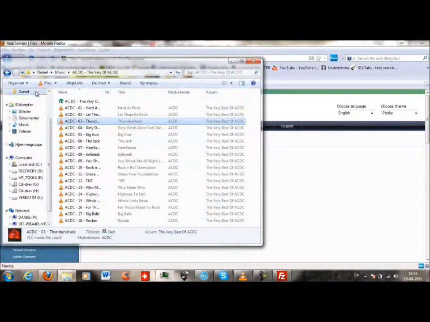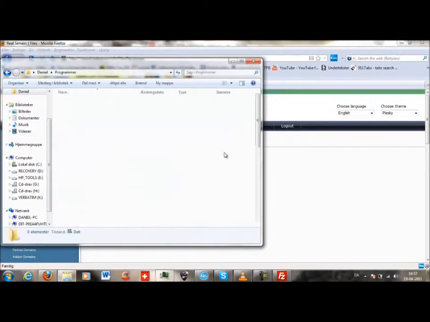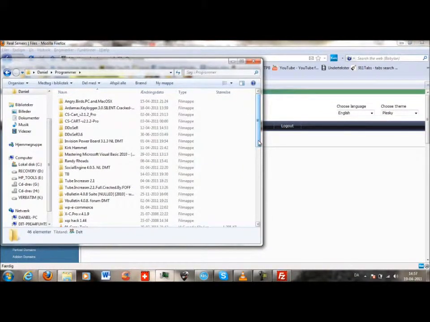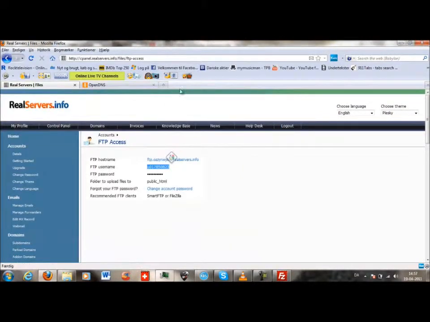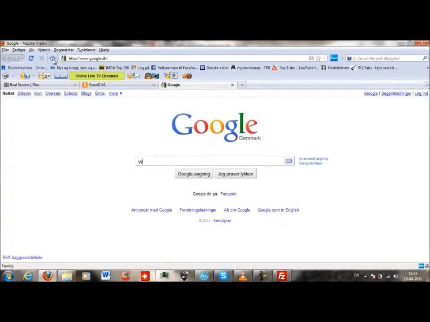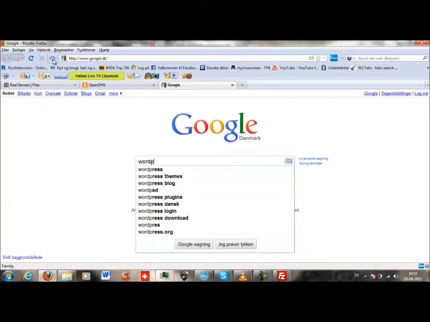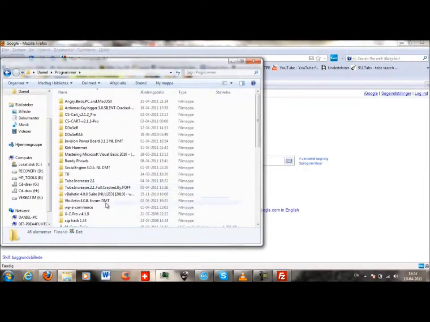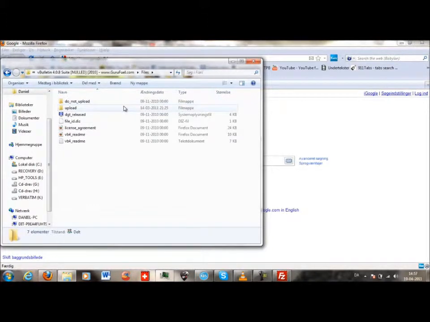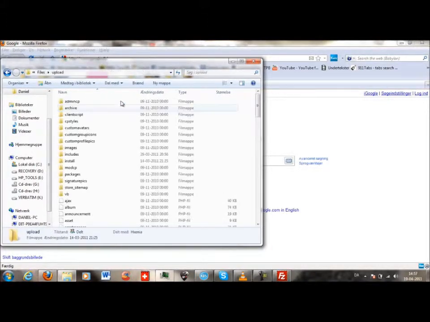And then you can download some forums like WordPress, but I buy my own, and it's called vBulletin. And then you go and watch.